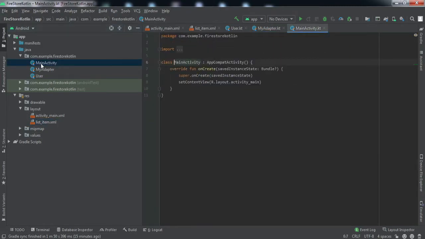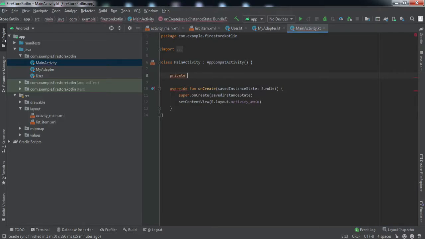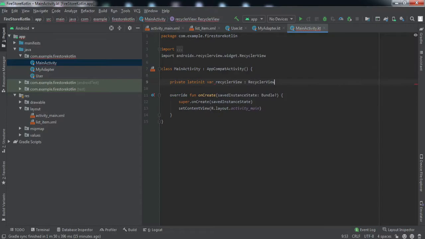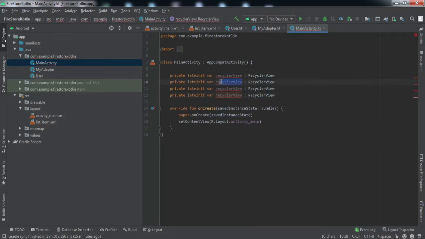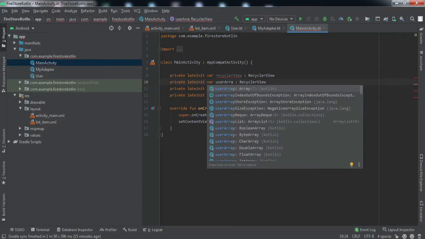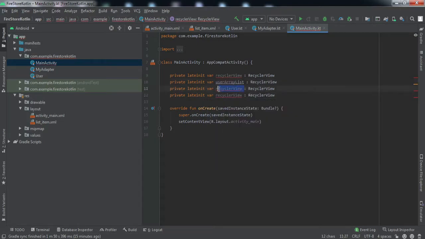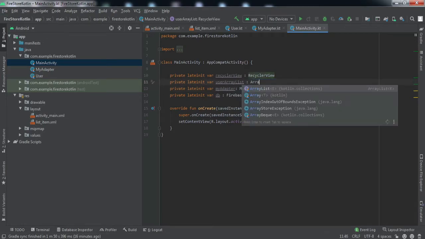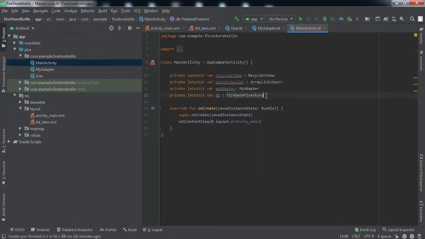Now we'll just go to the main activity. So here first we are going to define certain variables. So let me just quickly do that. Okay, we have defined the variables.